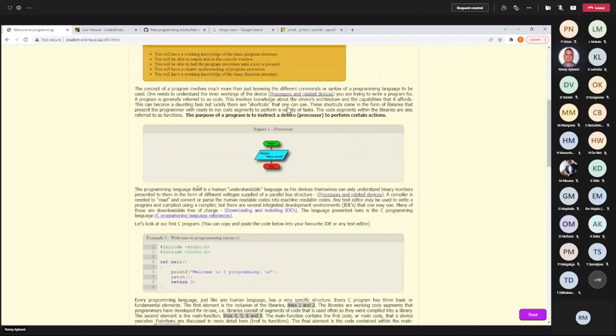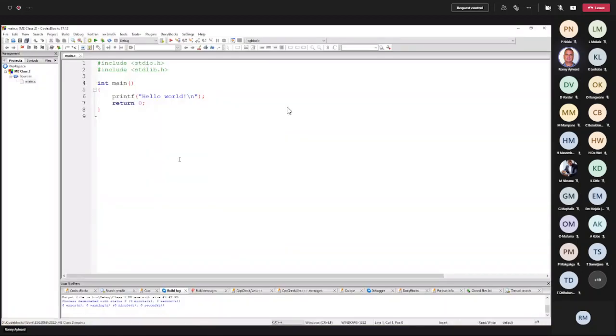Okay, so let's get into it. Inside my IDE, you will find again some icons at the top, which we use to build and run our program. They are also duplicated inside our build menu, so you can also activate it from there.